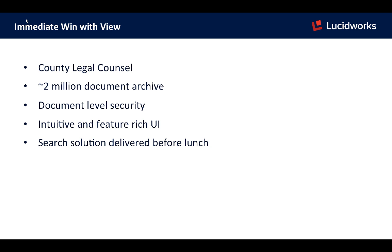So this morning, I was able to take Fusion and their file system connector, point it at these documents, and kick off an indexing job that went through and pulled out all the content and all the attributes that were there in these files, and also preserve file security. In the meantime, I installed View and did a little bit of branding and tweaking of the configuration. Quite literally, before I left for lunch that day, I was able to send this customer a link to a full-featured search application that gave them everything they needed to do the research